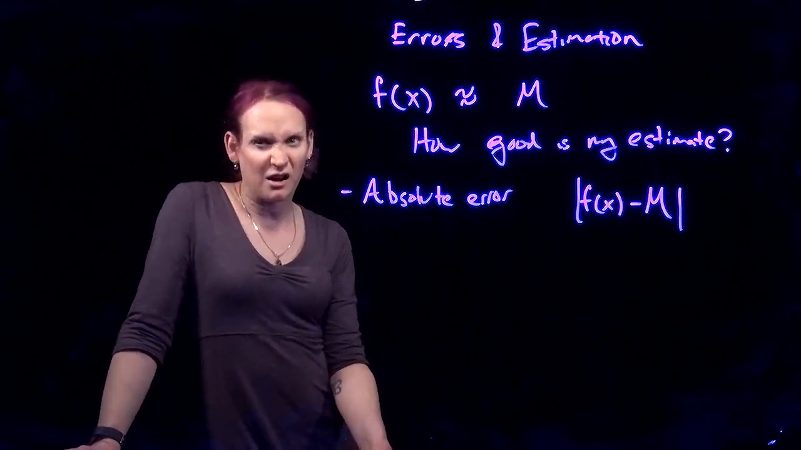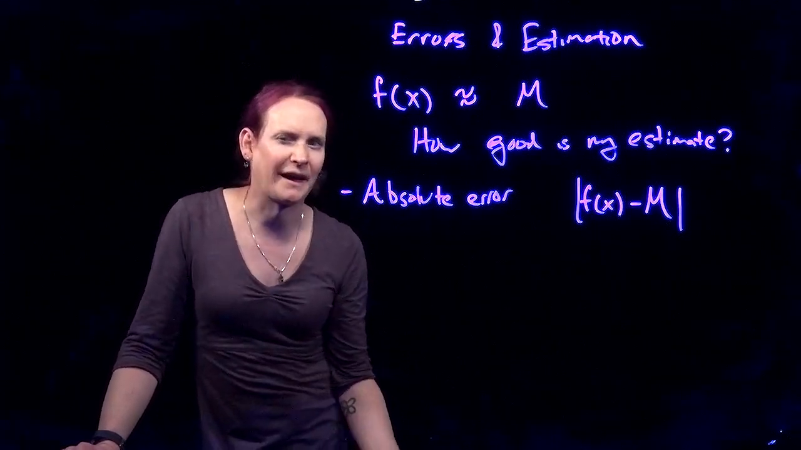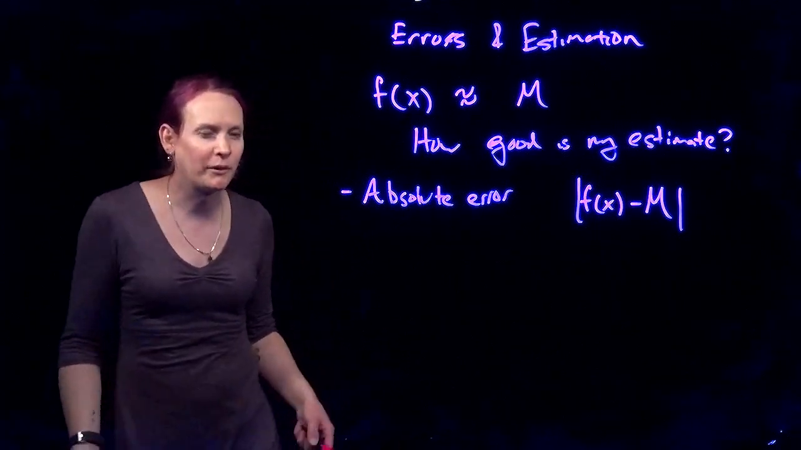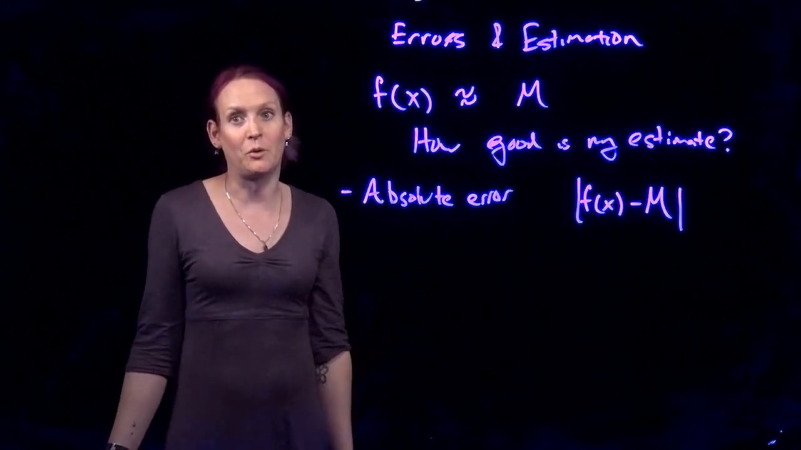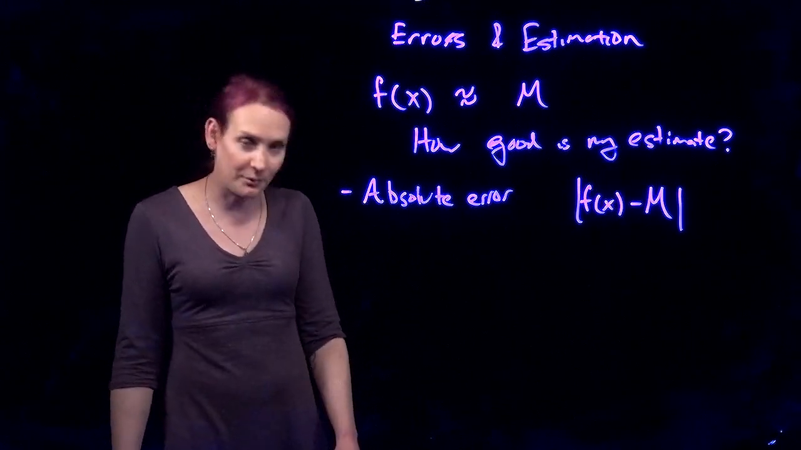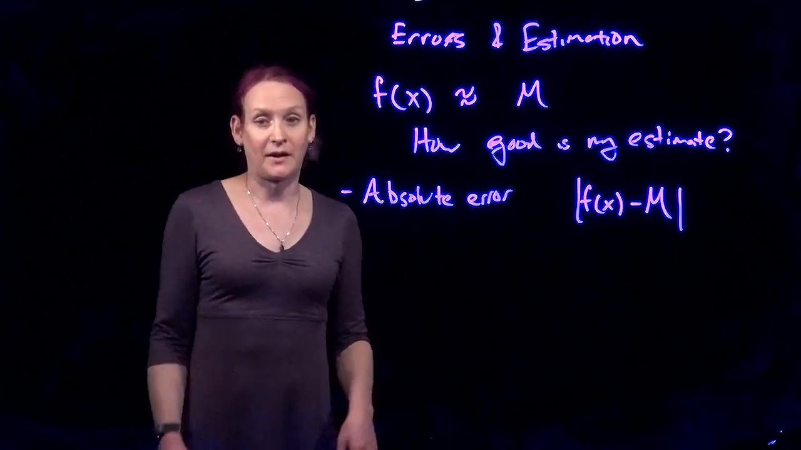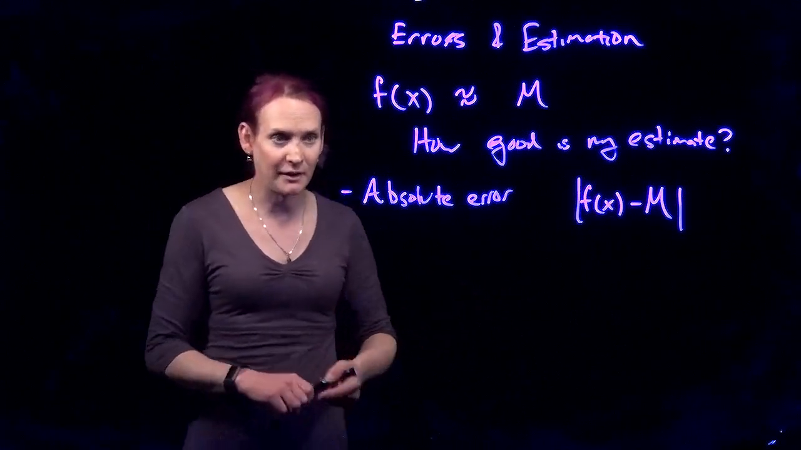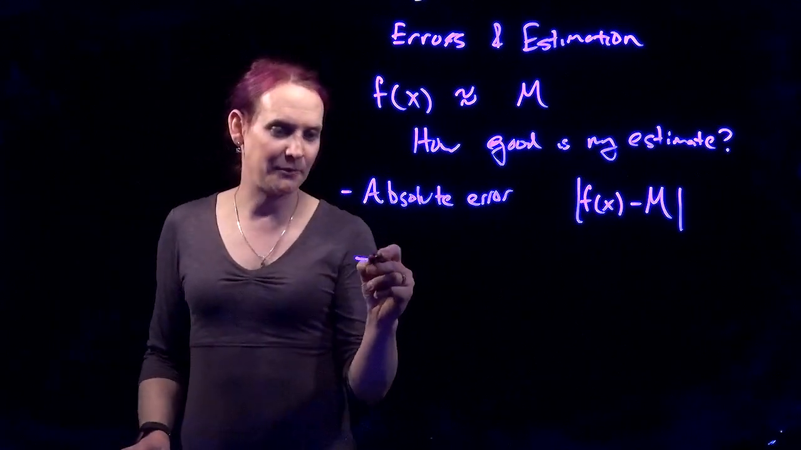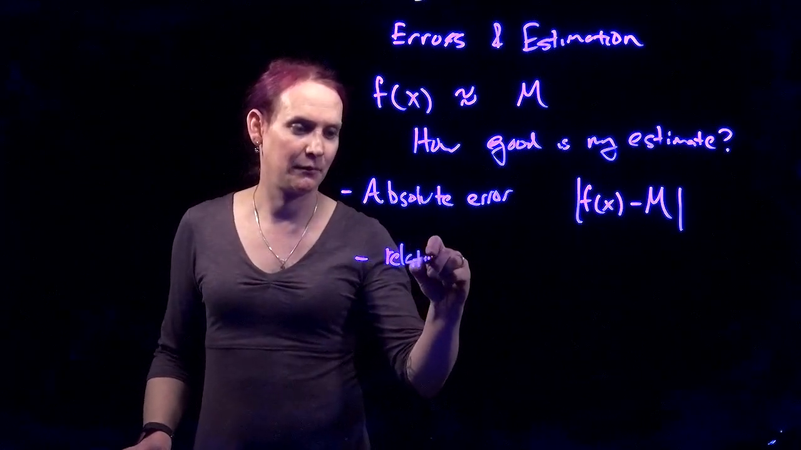Is that a lot? Is that a little? 0.3 out of what? How big is 0.3 compared to the thing that you were estimating? If the thing you were estimating was 0.1 and you were 0.3 away, then you were awful. But if f of x was 1,000,000 and you were within 0.3 of it, that's a really good estimate. So the second type of measurement that we're going to use to quantify is the relative